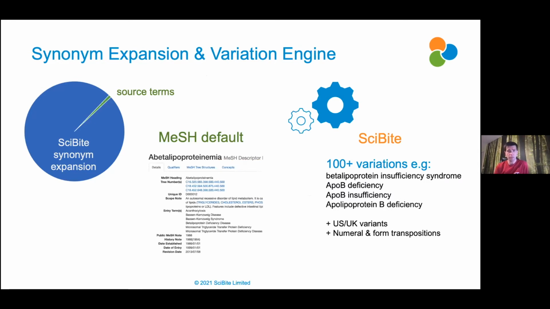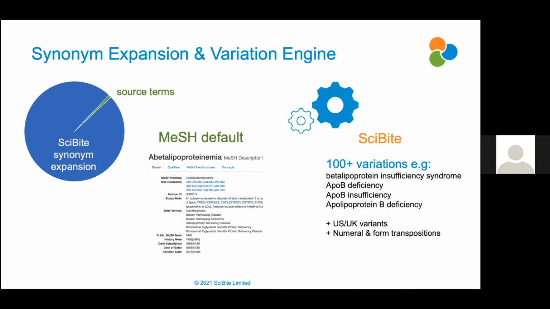And you can see just looking at the MeSH vocabulary reproduced, that little green sliver there is the source terms. And then there's this huge extra on top of it that we have to expand out so we can actually apply that at scale to text, to scientific text, to be able to find all of the entities of interest. So that's a massive part of what we have to do on top of ontologies that exist to make sure we can hit all the different variations therein for each term, such as that one that I will not pronounce.